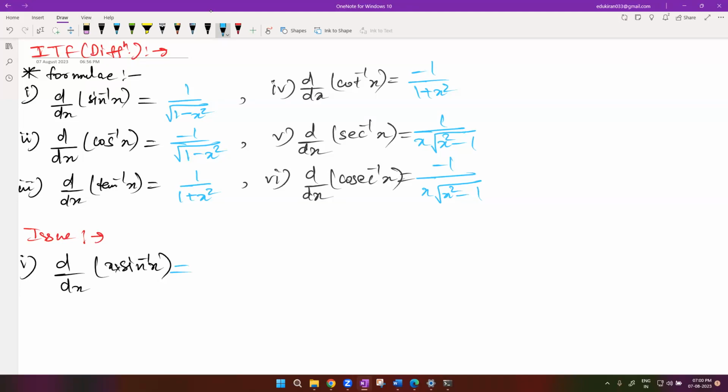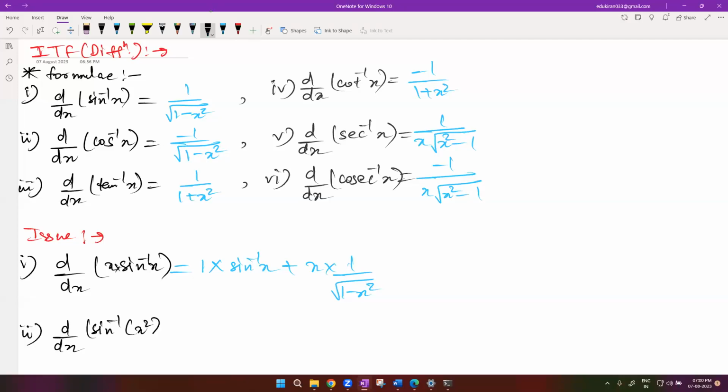First, we will differentiate x. Differentiation of x is 1. Sin inverse x will be as it is. And then x will be as it is. Differentiation of sin inverse x will be 1 over root 1 minus x square. So one application of these ITF is that we can use them in product or in quotient rule with some other function. But then there can be another application, which is we can take composition of this